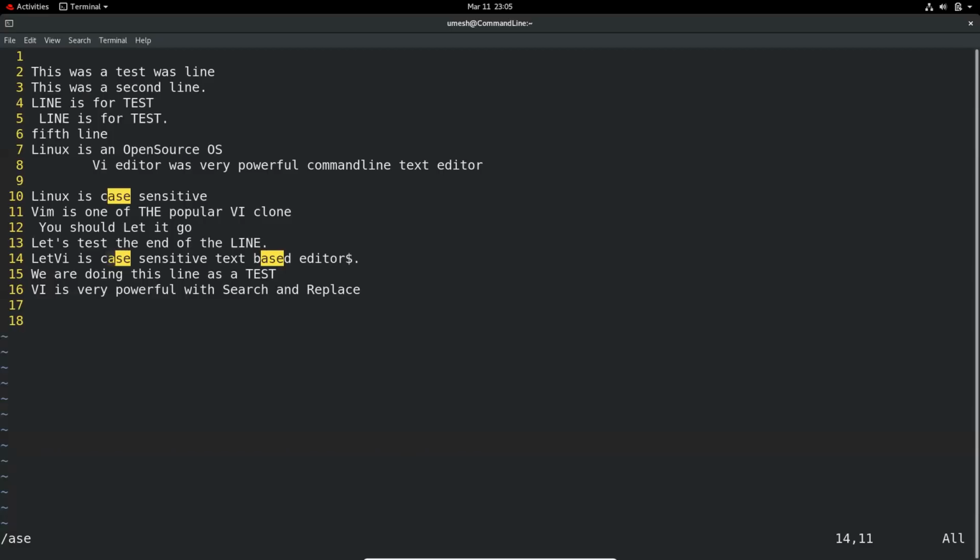But if I'm only interested in finding the word in an exact match case, then you should do /, then use the escape character to escape the angle bracket, \<case, and escape the close, \>. And now it will just find the word case. It will ignore the part of the words.